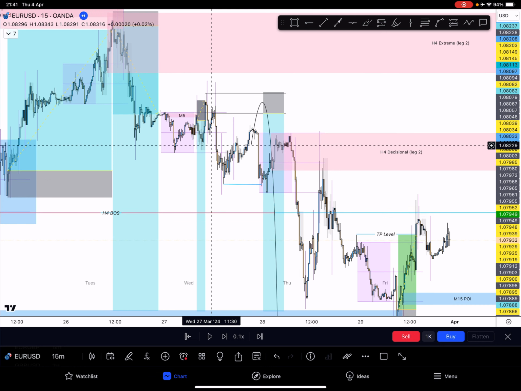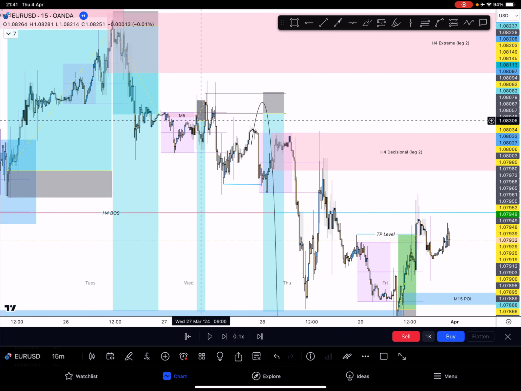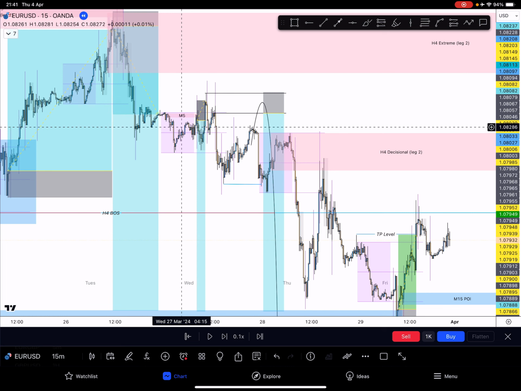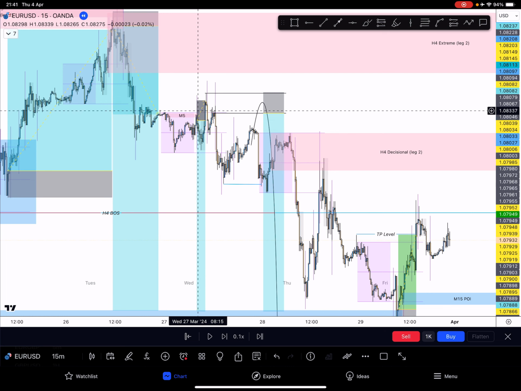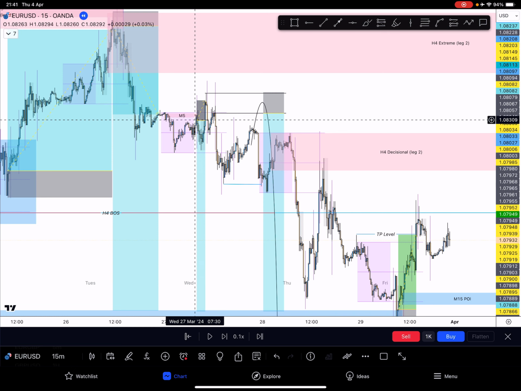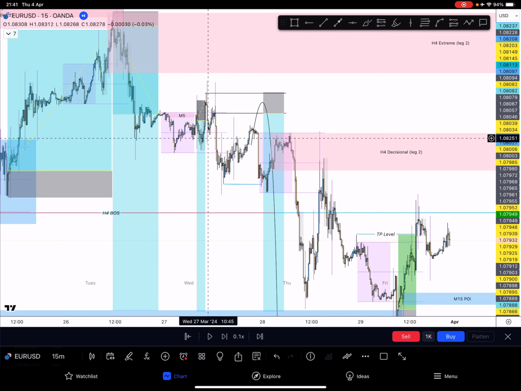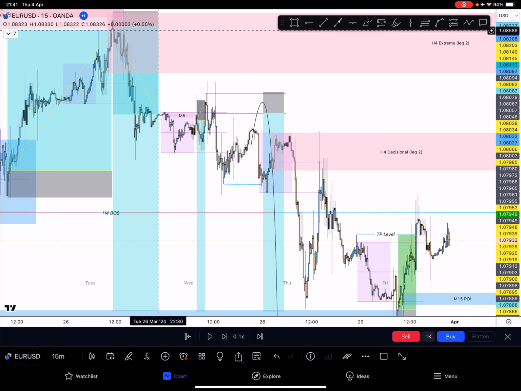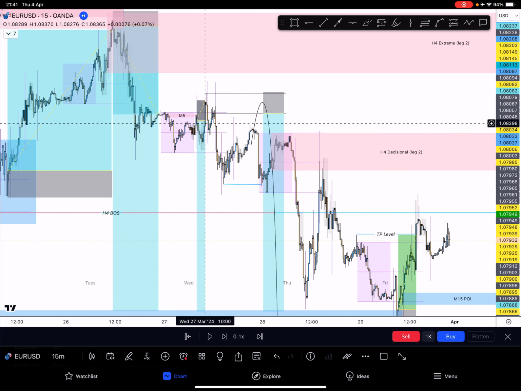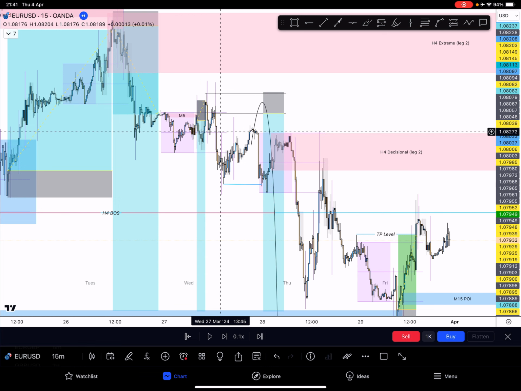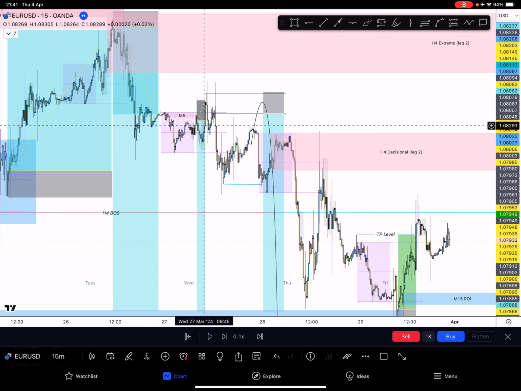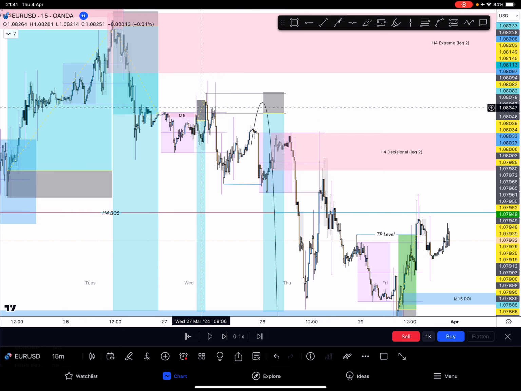Technically speaking, this was a loss. Why was it a loss? Well, we took Asia out, and then I was thinking, okay, this was probably going to just tank because we did everything we're supposed to do up there, so there's no reason for price to be going back up. But I was wrong because we got wicked out here again before price actually tanked. But what I did was a little bit naughty because I took out my stop loss.